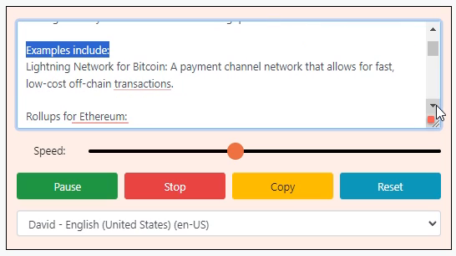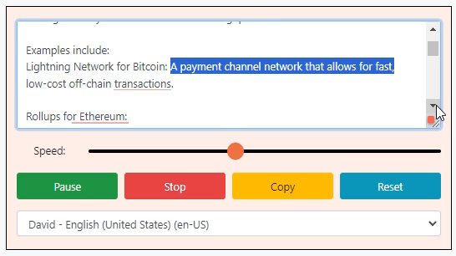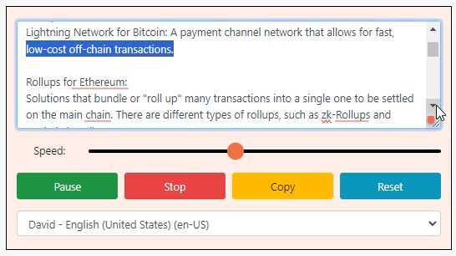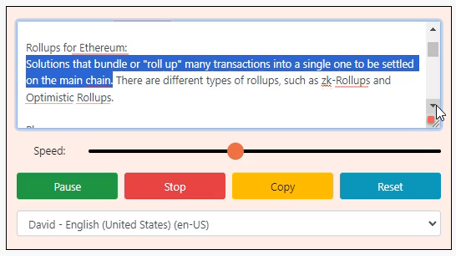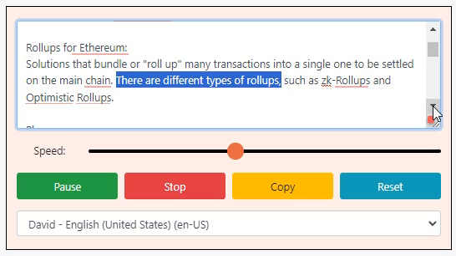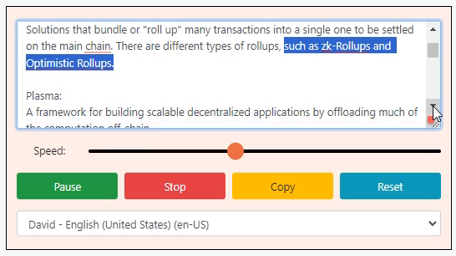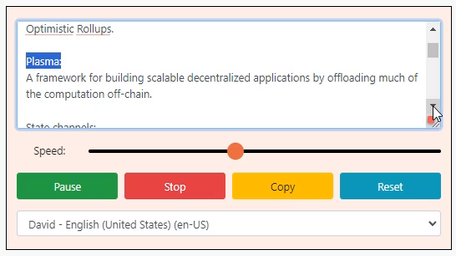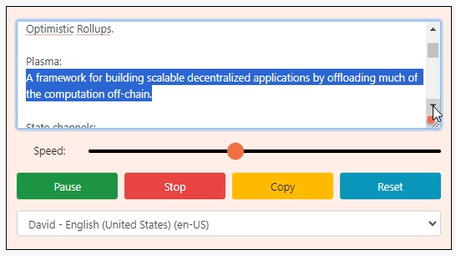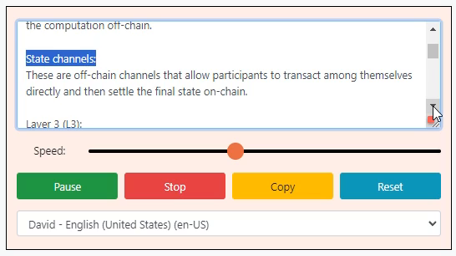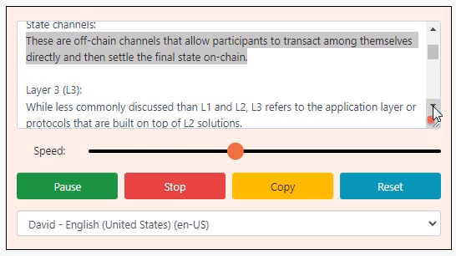Examples include Lightning Network for Bitcoin, a payment channel network that allows for fast, low-cost off-chain transactions. Rollups for Ethereum, solutions that bundle or roll up many transactions into a single one to be settled on the main chain. There are different types of rollups, such as ZK rollups and optimistic rollups. Plasma, a framework for building scalable decentralized applications by offloading much of the computation off-chain. State channels. These are off-chain channels that allow participants to transact among themselves directly and then settle the final state